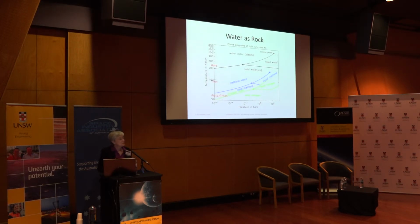And we'll also be dealing with water as rock elsewhere in the solar system. Basically, where we're in conditions of differing pressure and temperature from what we're used to on Earth. Here we've got a phase diagram with the nitrogen and methane and water boundaries. And also here along the left side, some of the places in the solar system where the surface of these